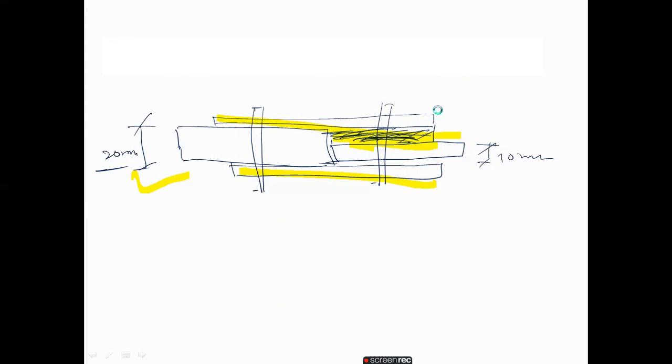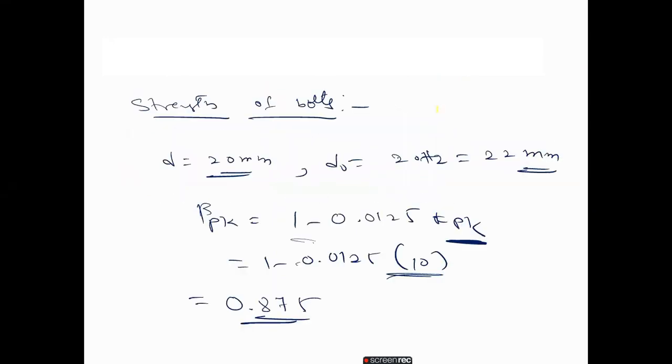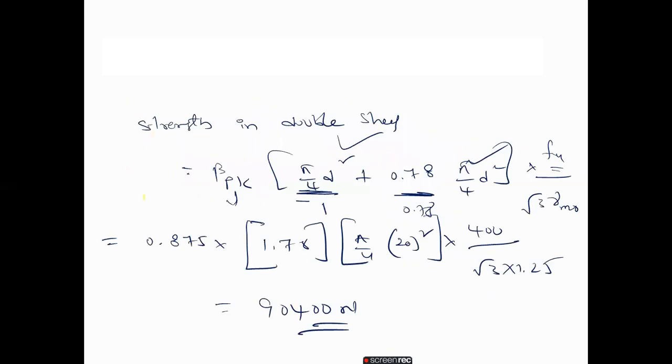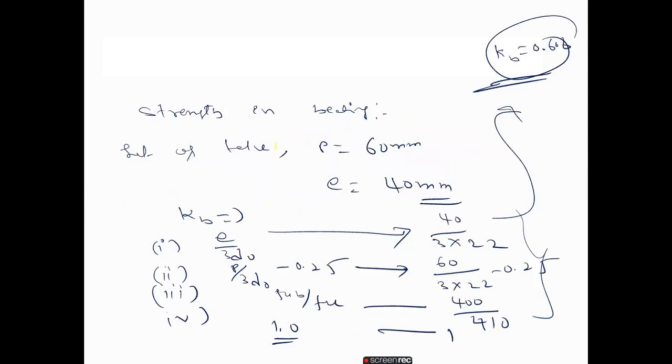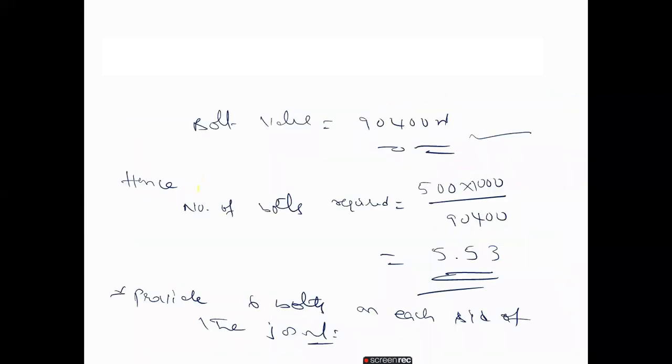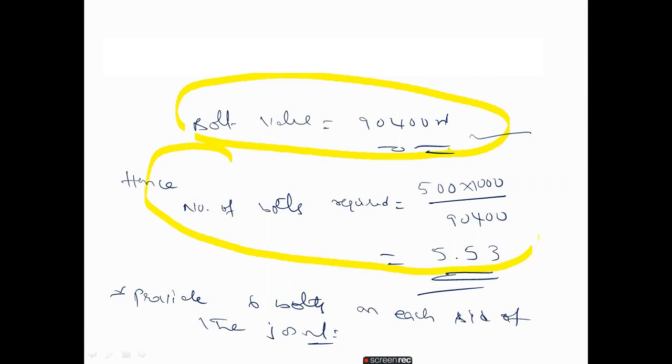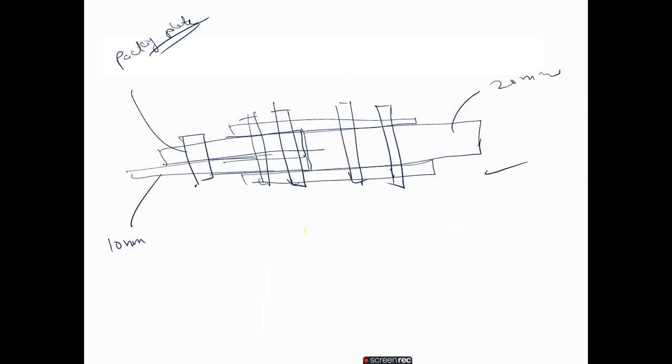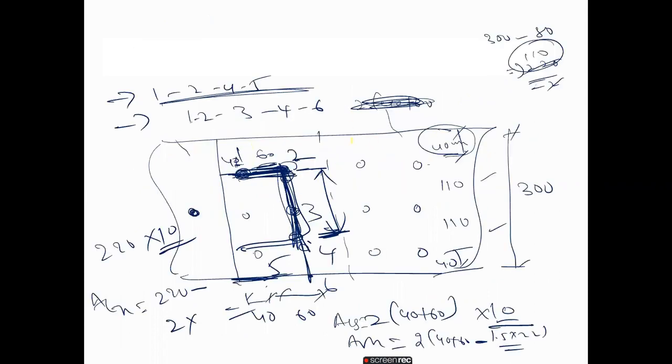Okay. We are using the bolts here. So this is the strength of the bolt we calculate. So like this is a formula for calculation of strength of bolts. So then this one also for the bearing, to calculate the strength in the bearing, we have to calculate like this. We got the bolt value is like this. So from this, they given in the problem is the design load. From this bolt value, we calculate the number of bolts. Finally, we taken 6 bolts. We are providing the 6 bolts like this on the both sides.